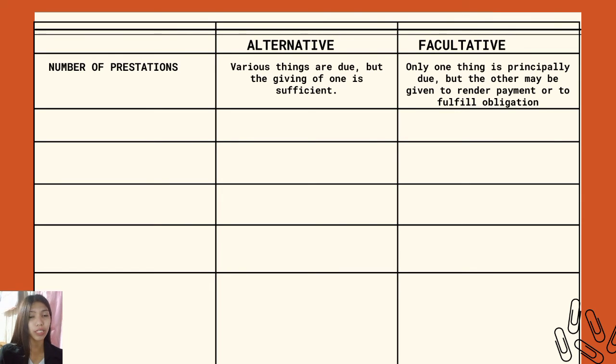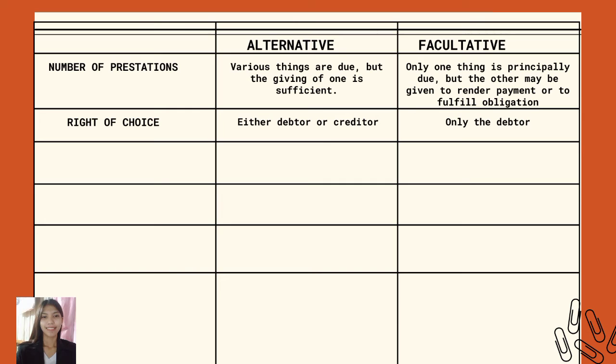And then sa facultative, only one thing is principally due, but the other may be given to render payment or to fulfill obligation. So sa facultative, isa lang ang due, pero pwede pod nga naay substitution. So in terms of the right of choice,